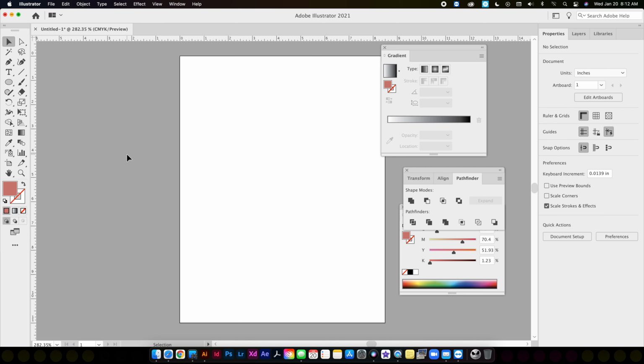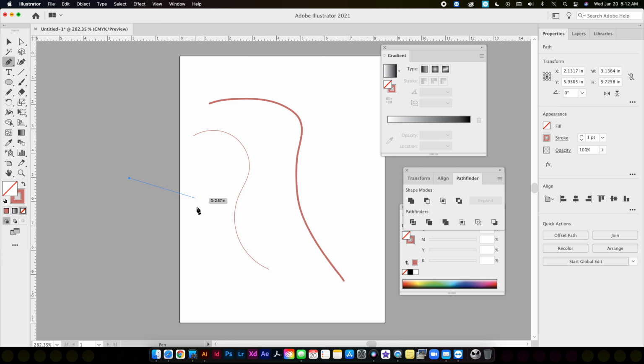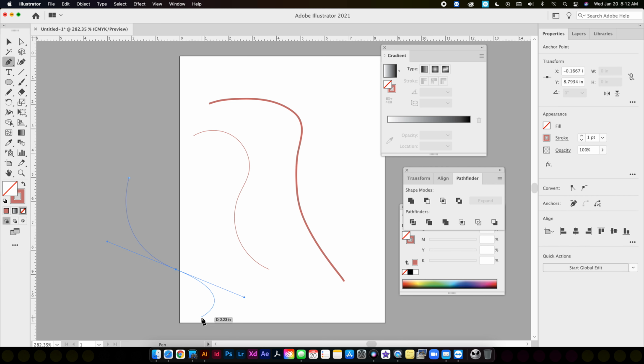The other thing I wanted to go over was direct selection one more time. And that is, no matter what tool you use to draw, whether it's the brush, whether it's the pencil, or whether it's the pen,